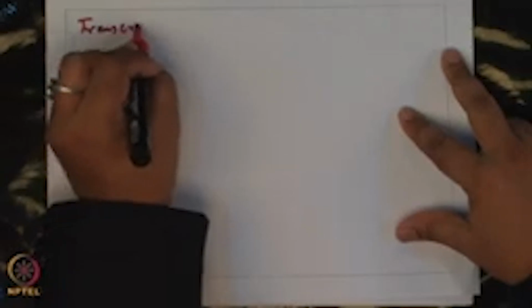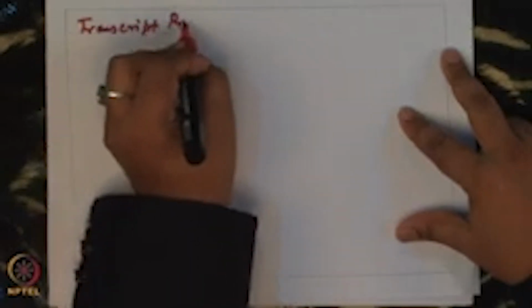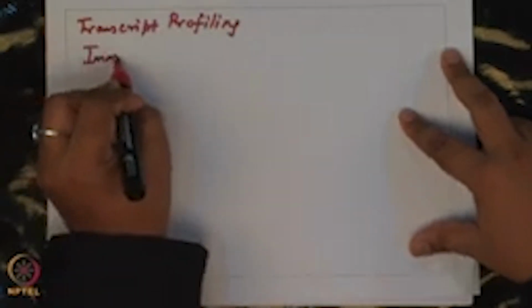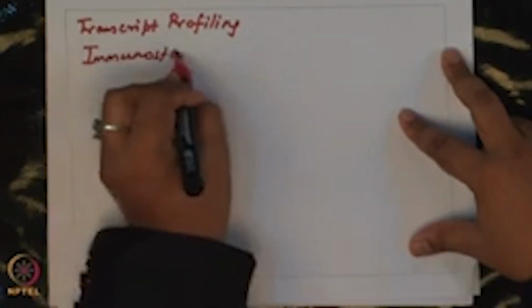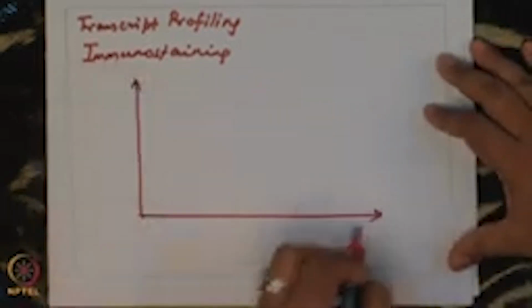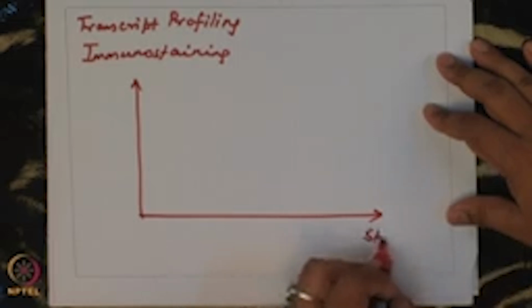Okay. So, these quantifications were at early time points. So, the authors went on to do transcript profiling and immunostaining, and what they observed. Okay. So, if I were to plot as a function of stiffness,